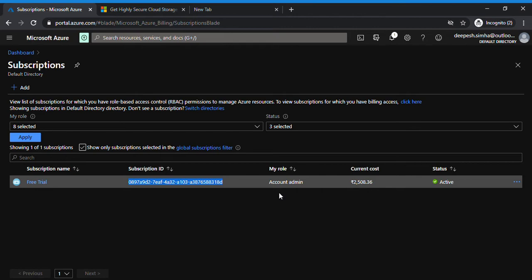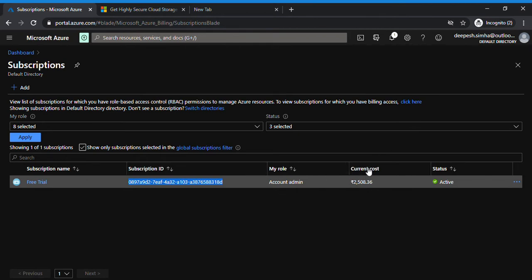Getting my point? You can't say that. Can I add multiple account admins in a single subscription? No, you don't have that option. There is only a single account admin, and that is the person who creates the subscription using that particular email ID and password. So he becomes the account admin. All others can become contributors, owners, and other roles. Keep in mind, one subscription can have only one account admin; there is no option to add multiple account admins in one single subscription.